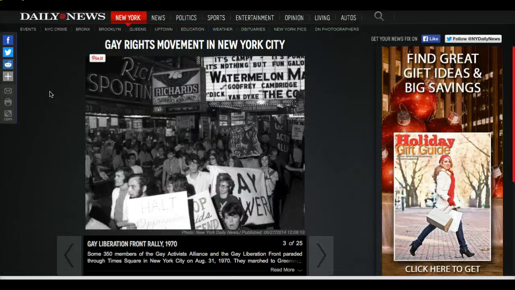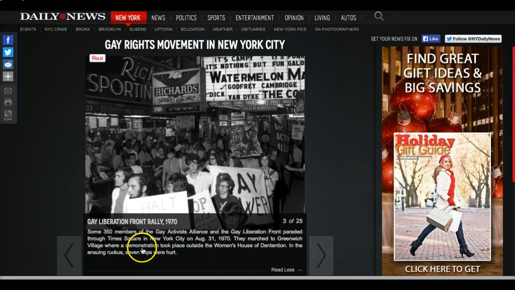The website nydailynews.com explores the gay rights movement in New York City. So this image shows the Gay Liberation Parade in 1970. Some 35 members of the Gay Activist Alliance and the Gay Liberation Front paraded through Times Square in New York City on August 31st, 1970. They marched to